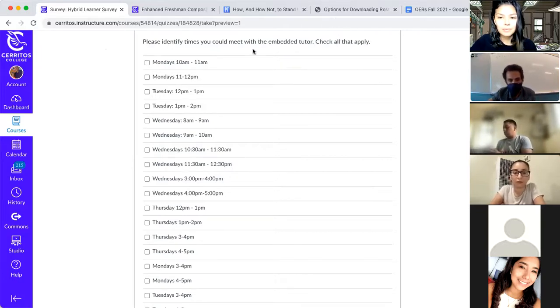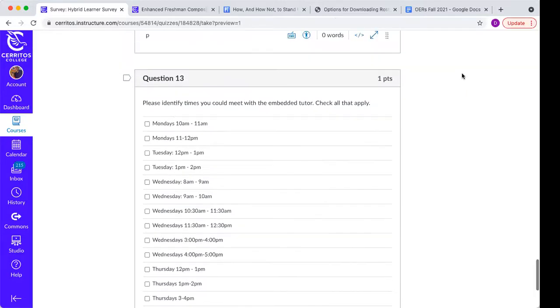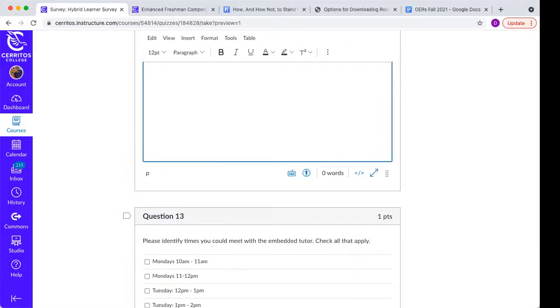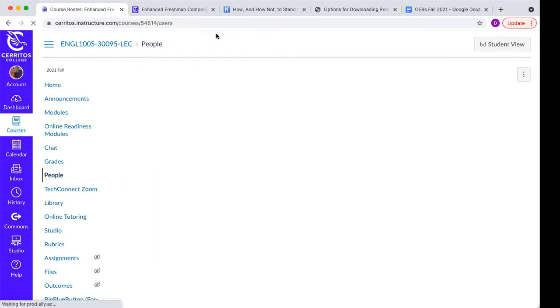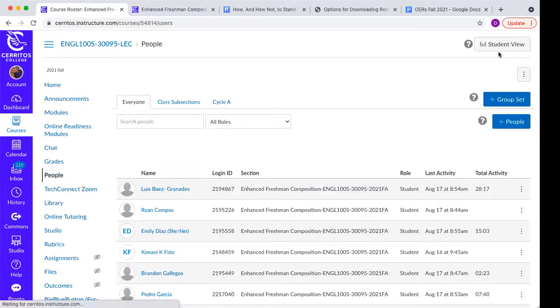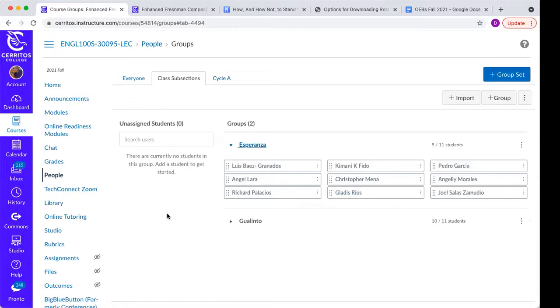Okay, so the last thing I want to do before we leave is to show you the groups that you are in for coming to class. Just as you have a group for discussion, you will be having a group for coming to class. I described this earlier. I split you all up into 2 different groups. So this is what I would like you to do right now. I want you to write down the name of the group that you are in. I'm going to reveal Group Esperanza right now, and I'll call out your names.